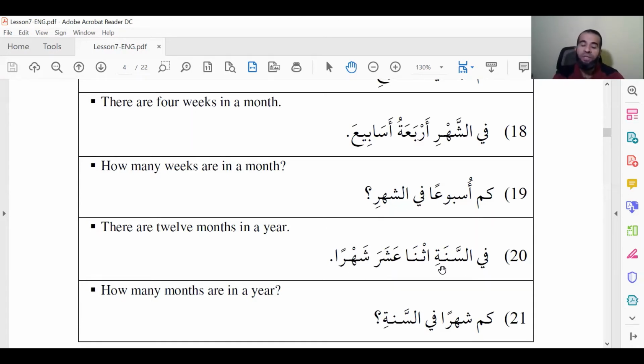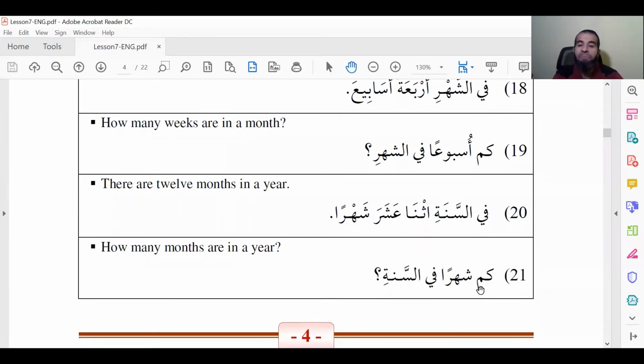So here we say في سنة 12 شهر not شهور. But here also it ends with تنوين الفتح شهرا, and because it comes at the end we say شهرا. So في السنة 12 شهرا, but it's better if we connect the words السنة and إثنى, and this ألف in إثنى will be silent, exactly like the ألف in the beginning of اسم. We say ما اسمك or ما اسمك. Here also we say في السنة 12 شهرا, and the question can be how many months are there? كم شهرا في السنة؟